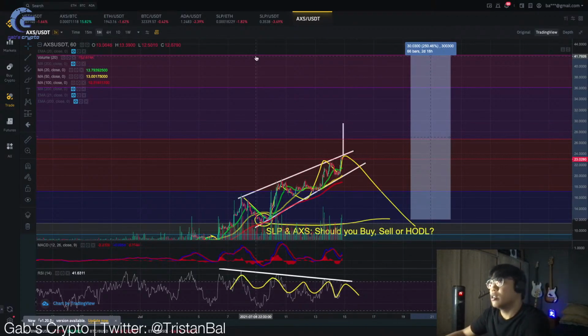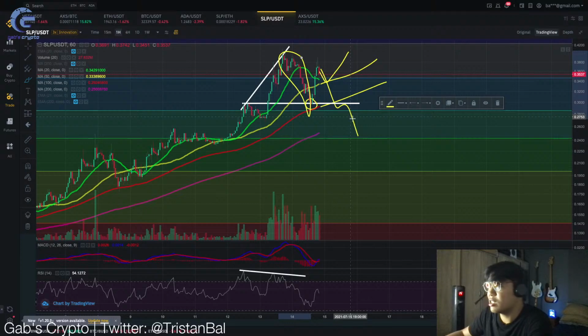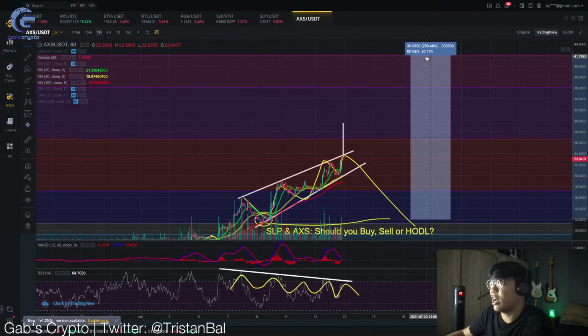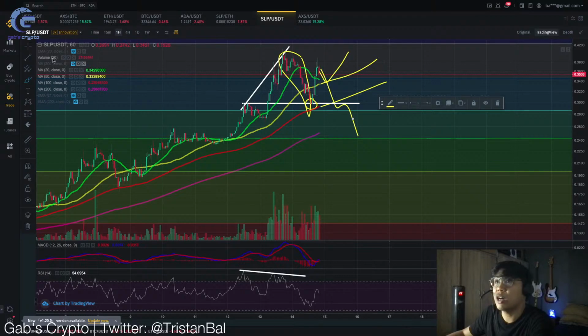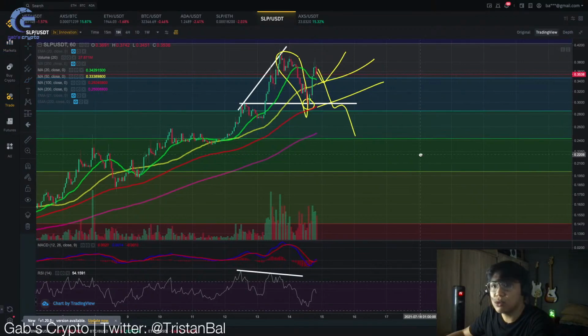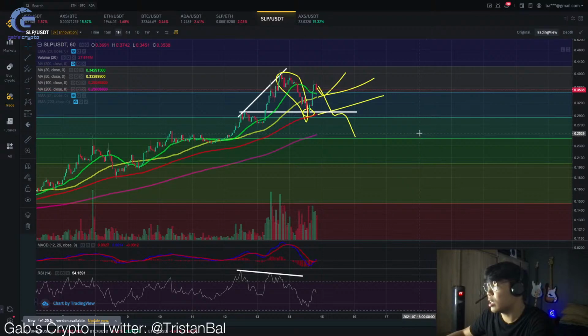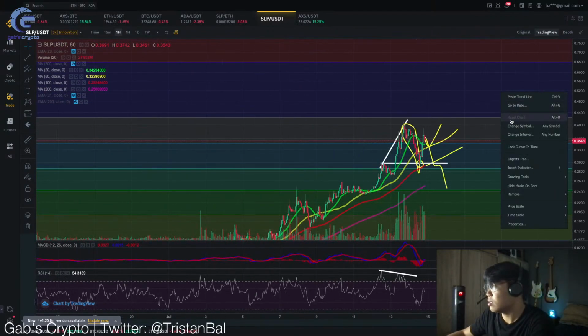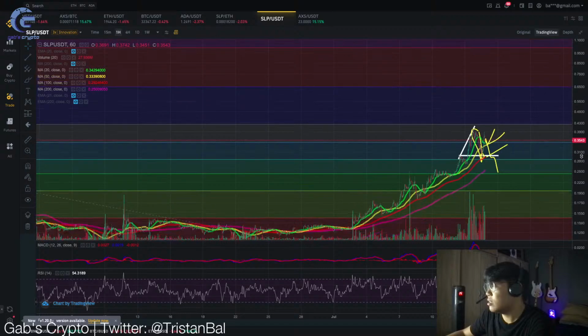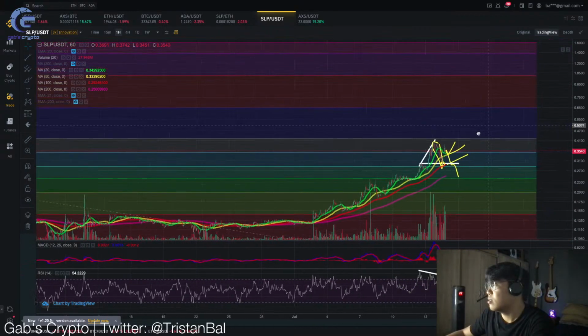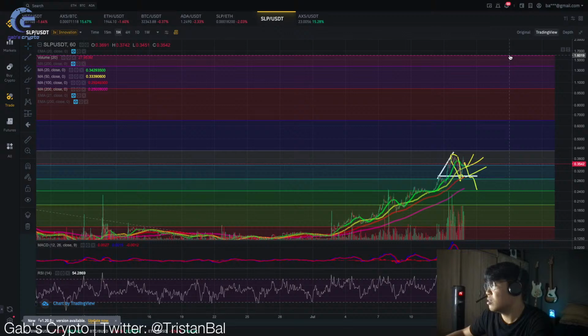So ayun, same goes with SLP. Ngayon, let's see naman yung price prediction for SLP. So kung kay Axie Infinity, ang price prediction natin dito for the long term is $42 provided na sa bull market here. Ano naman yung kay SLP? So, for SLP, let's see kung gaano tayo aakyat. For SLP, we could actually see 1.6 US dollars for the long term, provided na nasa bull market year tayo for SLP.